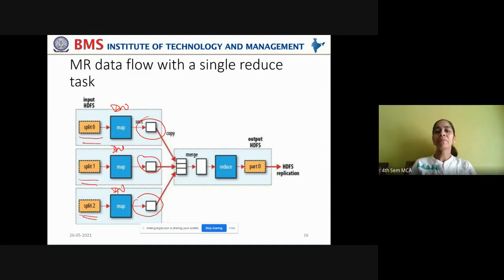It sorts, copies the data, merges the data, combines them, and gives it as a single input in the form of a key value pair, right? So the data is given in the form of key value pair to the reduce phase, which will further give the output again in the form of key value pair.